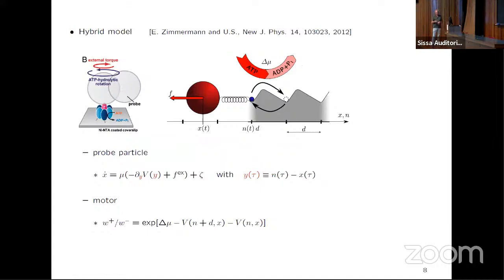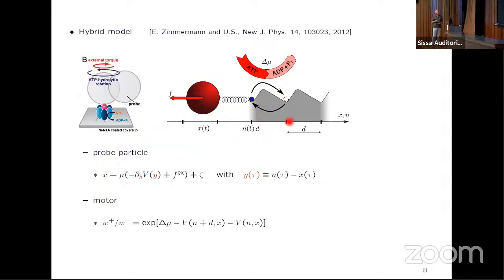In order to see that, let me recall one model which we developed for this system. First, you can map this rotary motion to a linear motion, and then you have to appreciate that the nano-sized motor will jump in 120-degree steps, but inevitably there is some elastic linker between this probe particle and the motor.